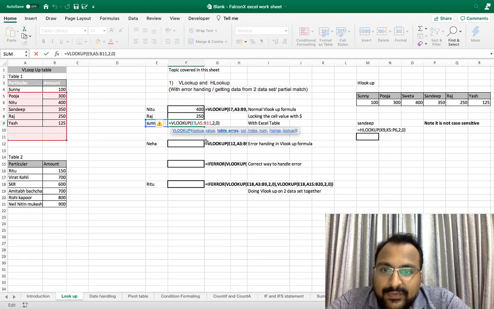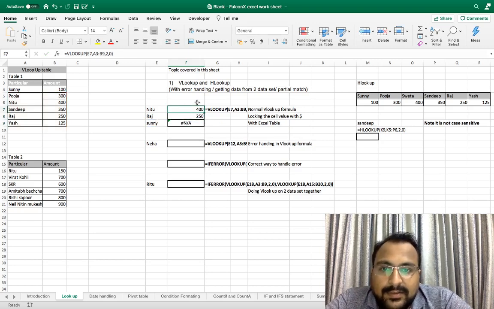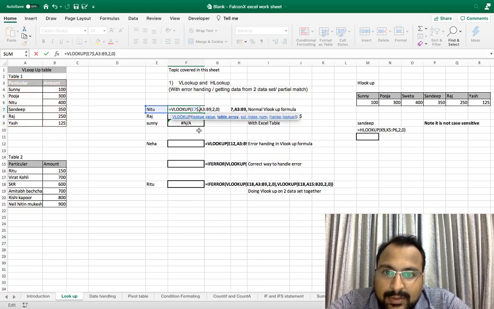So how can you fix this? First method is that you can put a dollar sign, which I'm going to put. This I want variable, this should be fixed, so this I am fixing. As you can see, I fixed my data range.